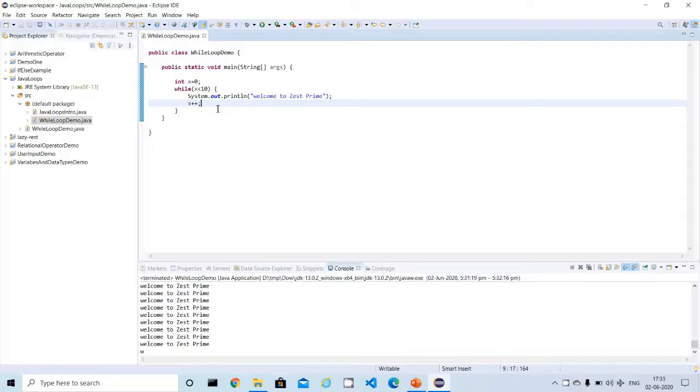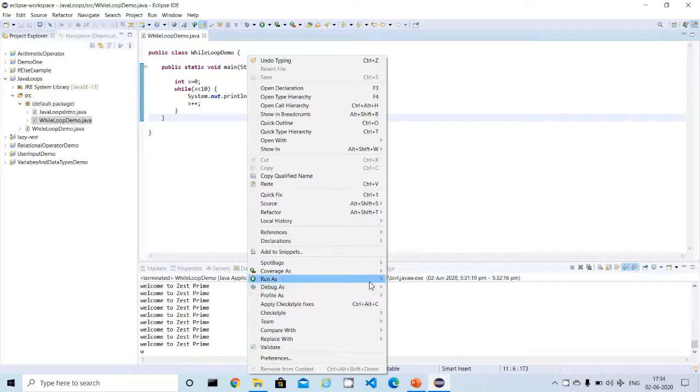First it checks the condition, and if it is true, it prints, and then x becomes 1. Then again it comes here, 1 is less than 10, and it executes. It continues until x becomes 10, so the condition becomes false, it comes out of the while loop, and the loop terminates. Then the statement will not execute.